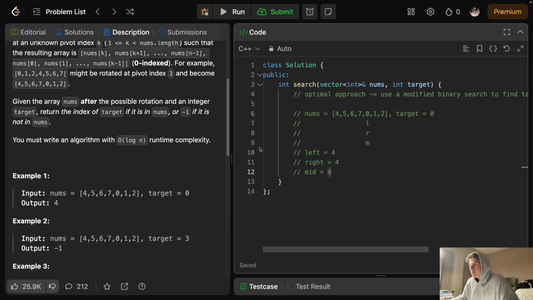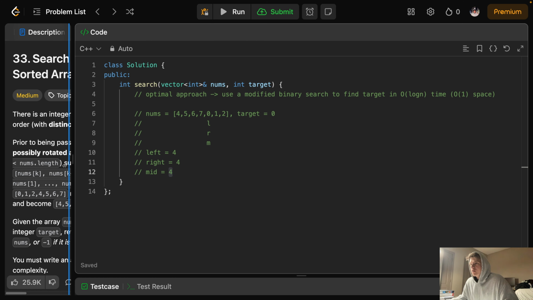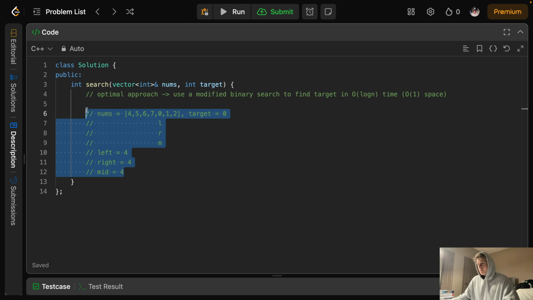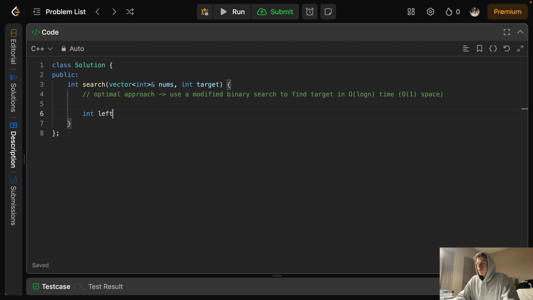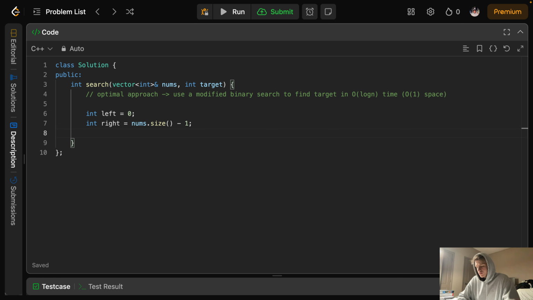I would go through another, but it can get kind of time consuming going through these. So I think it might just be better to write the code now. So we're going to do our left pointer and our right pointer like so. It'll be just pointing to the last element there in the array. And then we need that mid variable. So we're going to loop while our right pointer is greater than or equal to our left pointer. And then the first thing we want to do is just calculate that midpoint. So it's going to be the average of